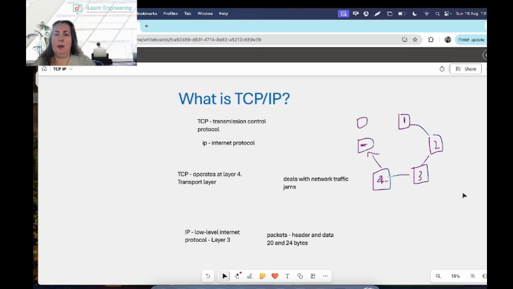And with the TCP/IP model, it differs from the OSI model. So we talked earlier in another video about the OSI model, and it has 7 layers. The TCP/IP model doesn't have as many. So the TCP/IP